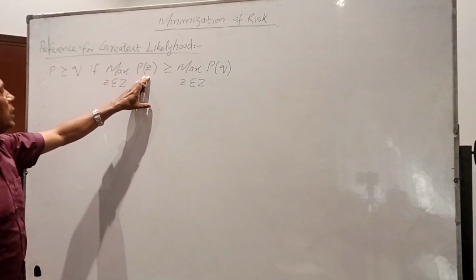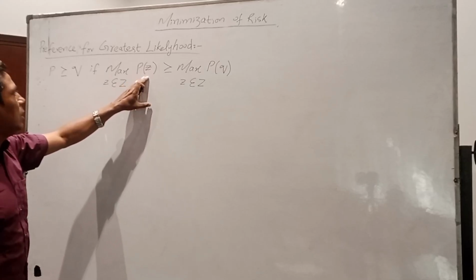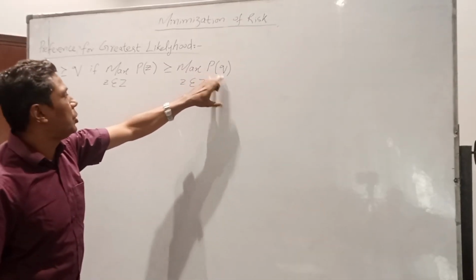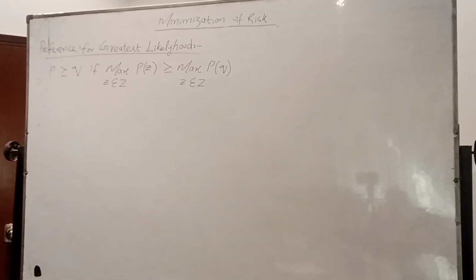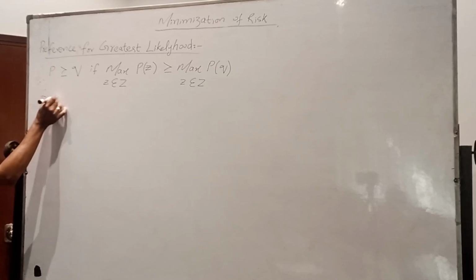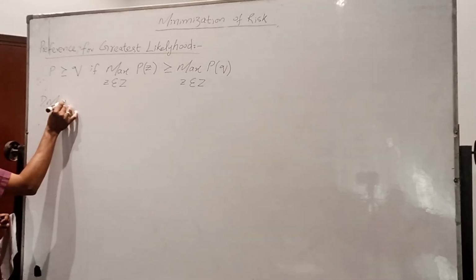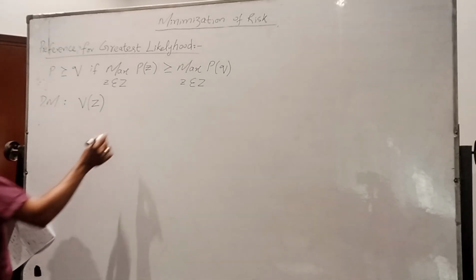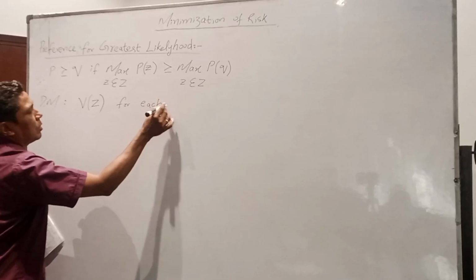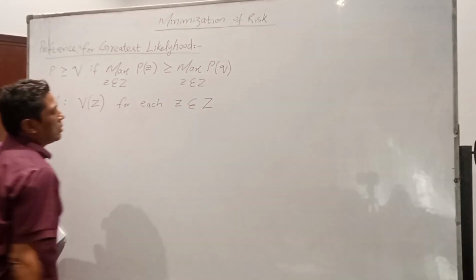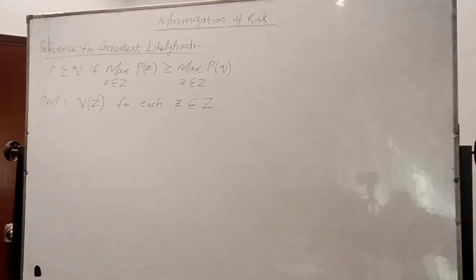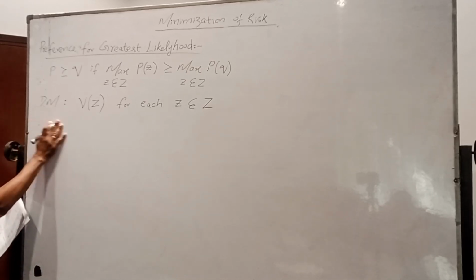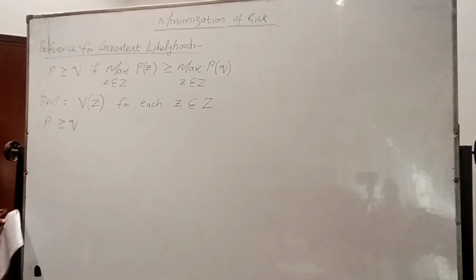the maximum probability of lottery Z is at least as good as the max probability of lottery Q. Now, the decision maker has a value of Z for each Z belongs to Z, and if P is greater than Q,